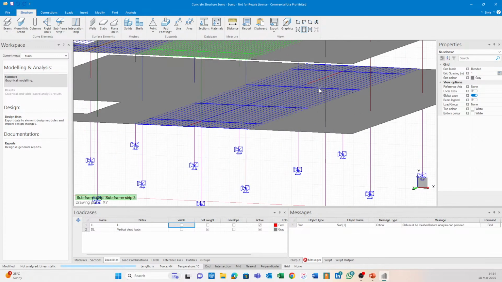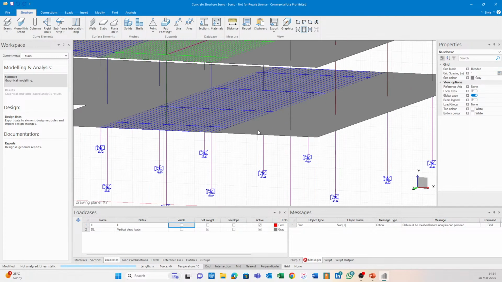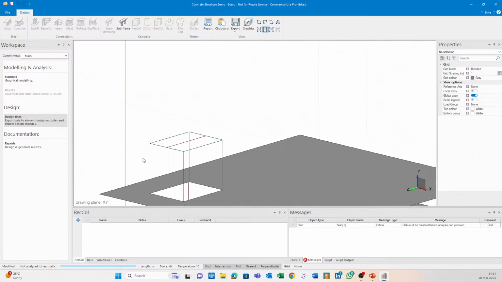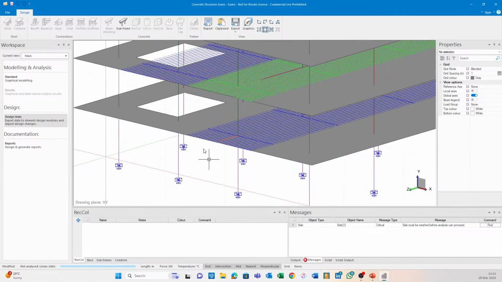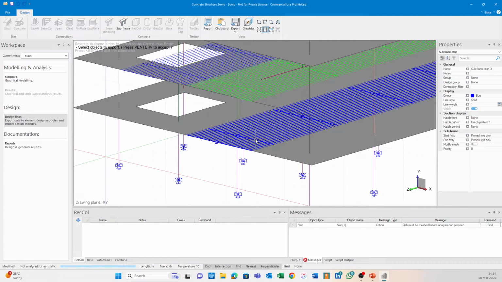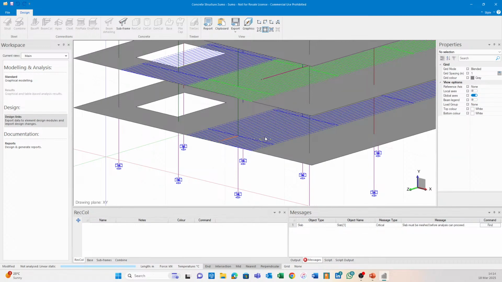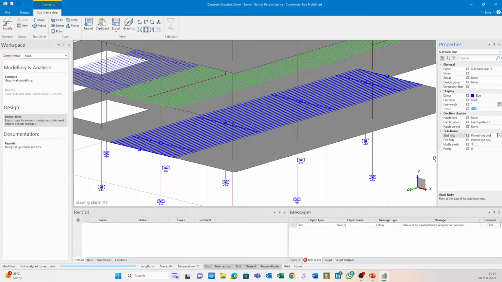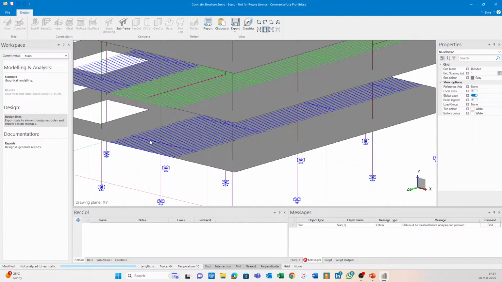Importantly, a subframe strip is only in one direction, and you'll have to have subframe strips in the other directions as well. Now, a cool thing about a subframe strip is that you don't need to run your analysis in order to use it. So I'm going to say subframe, select that subframe strip. Actually, I want to change its fixity, end fixity, so that's the start and the end. I'm going to change the subframe strip's start and end fixity to free because it is a cantilever section or an